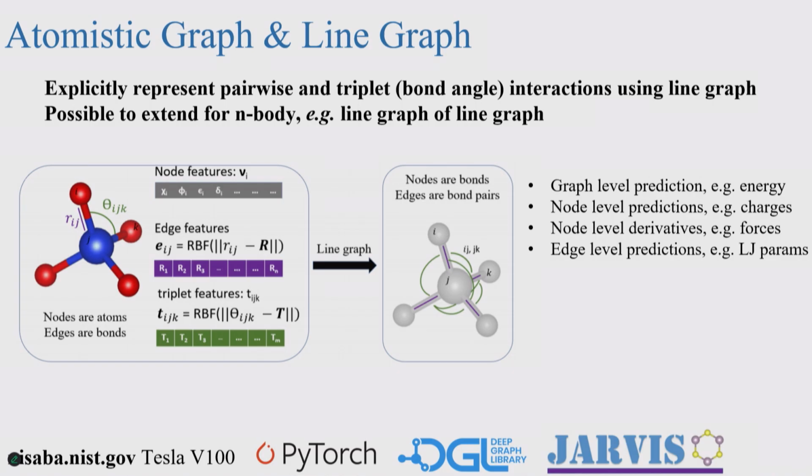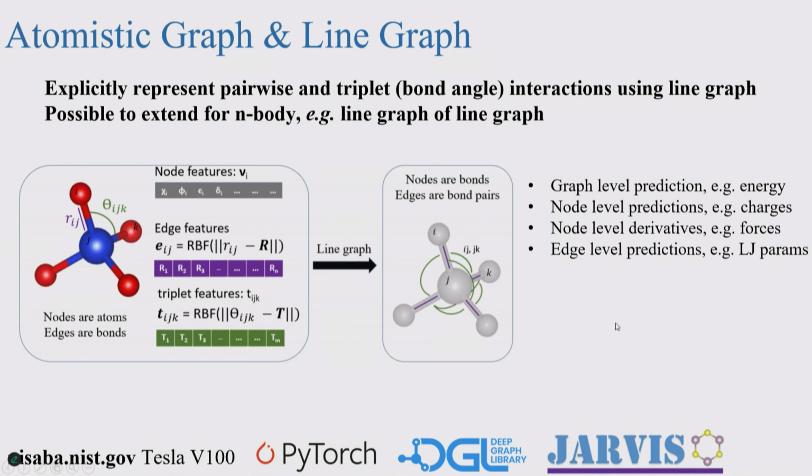So the triple, the third layer up. So we can get dihedral angles, if it makes sense. Now if you can go n number of ways, you can get n-body interactions, right? But we stop at the angle. Okay. So with this kind of graph and line graph, you can predict properties at graph level, which is like